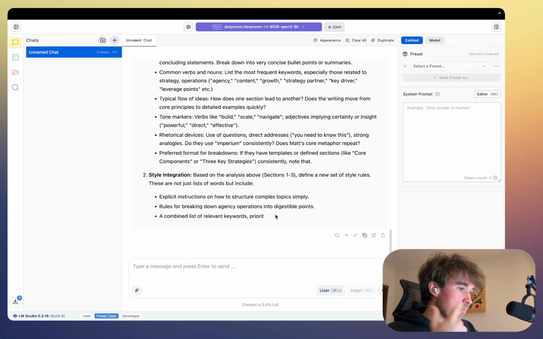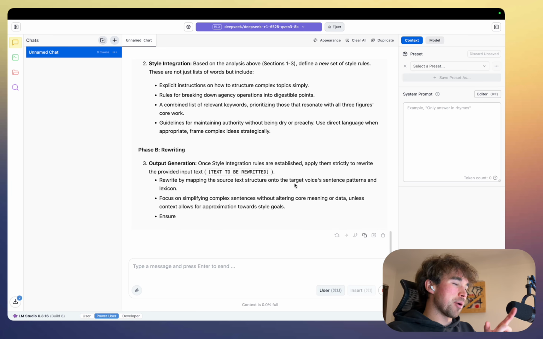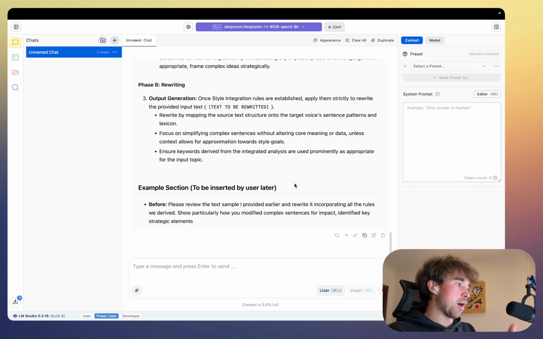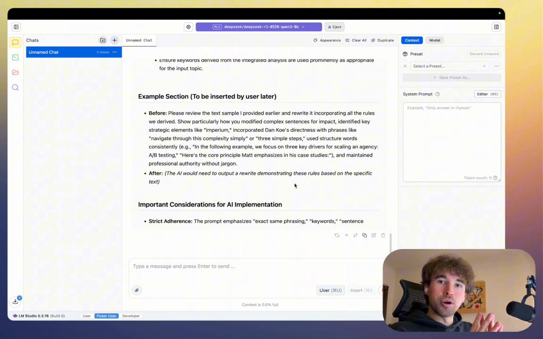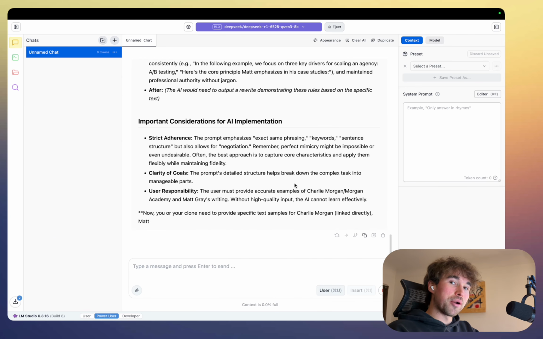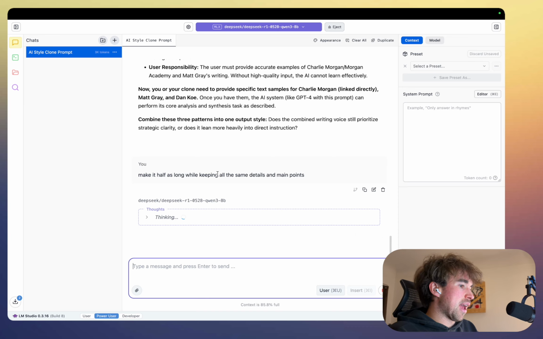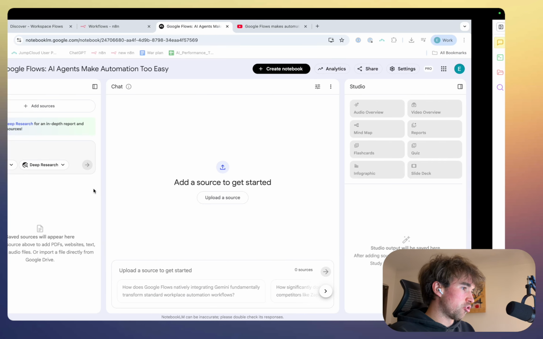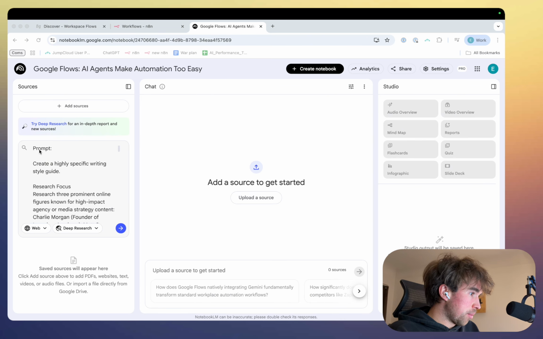So let's just grab it, slap it right into NotebookLM after it's done generating. And that is one thing you'll notice about these local models is that since they aren't powered by an insanely massive supercomputer somewhere with 10 million NVIDIA GPUs, it is a little bit slower. So that is one trade-off here. Okay, so I actually need to say make it half as long while keeping all the same details and main points because it was actually too long to go into this deep research. All right, beautiful. So now our prompt is quite a bit shorter and it fits